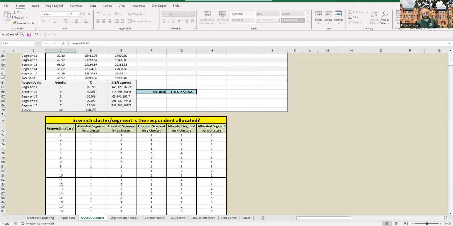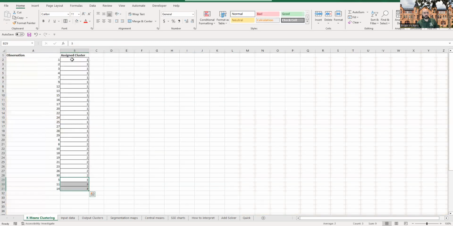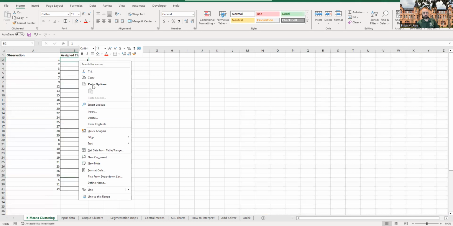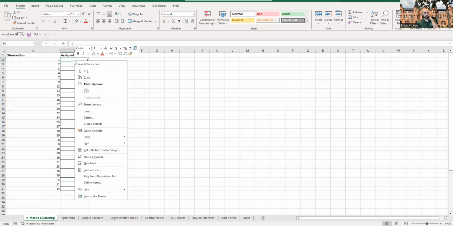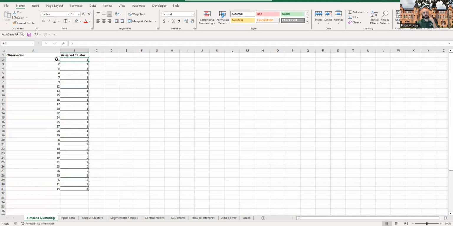But once you've chosen, whether it's 2, 3, 4, 5, whatever it is, don't choose one. Don't be a hero, right? You're not going to have much information to go off of. You're going to copy over just the numbers. You're going to go to here and assign cluster. You'll right click and again, paste just the values only. Don't try to paste it any other way. Right click, paste values, and then sort it by cluster number, and then do some observations, answer some questions that are going to be over here in those